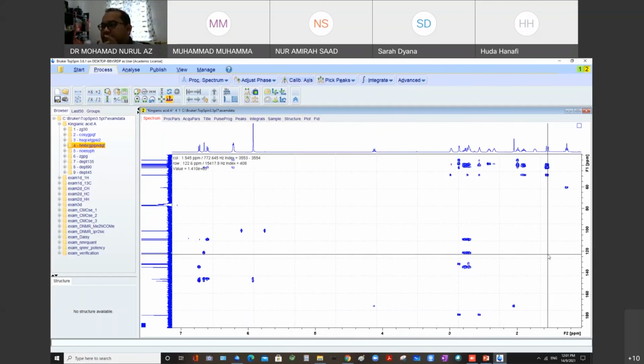Because this kind of understanding of NMR is very important for everybody. All of you, as organic chemists, need to know about this. Even in industry, they will give you data and say, please read it and interpret it. Okay, another one is, okay,